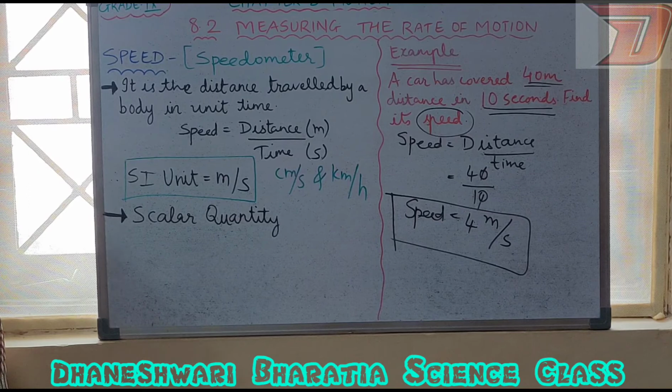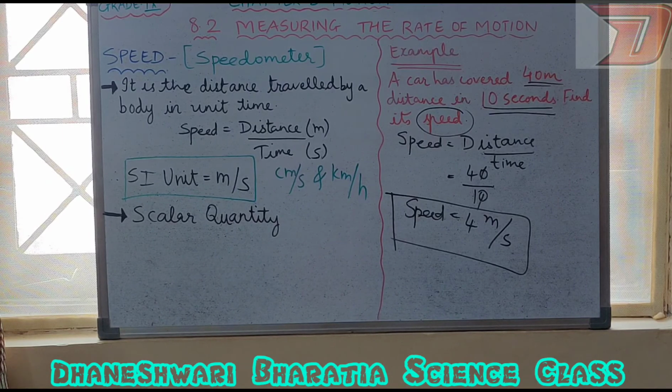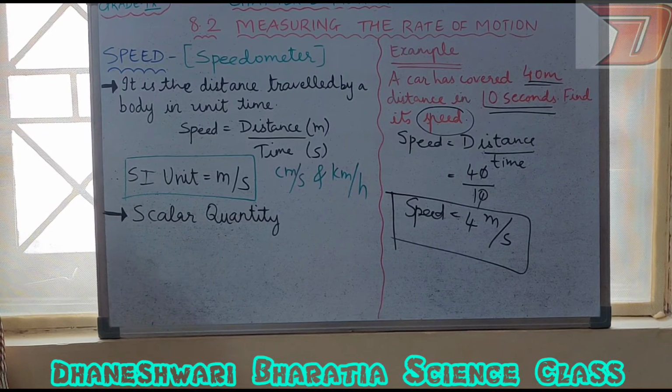Am I clear? Now if we talk about the bowling speed, again back to figure 8.2A. The bowling speed is 140, 143, 135, 145 and so on. So many speeds are given, isn't it? So what if I want to know the actual speed which is used by that particular bowler?